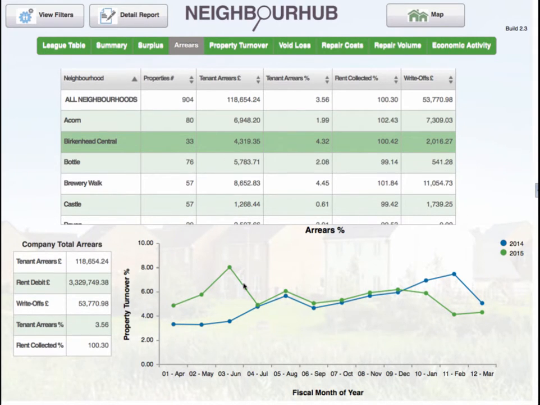And this is really handy at showing us any peaks and troughs throughout the year. Also provides a summary of all the key arrears information for Birkenhead Central. But what we can do also is have a look at arrears in a little bit more of a graphical mapping summary. So we just click on the map for Birkenhead Central, and this quickly jumps us down